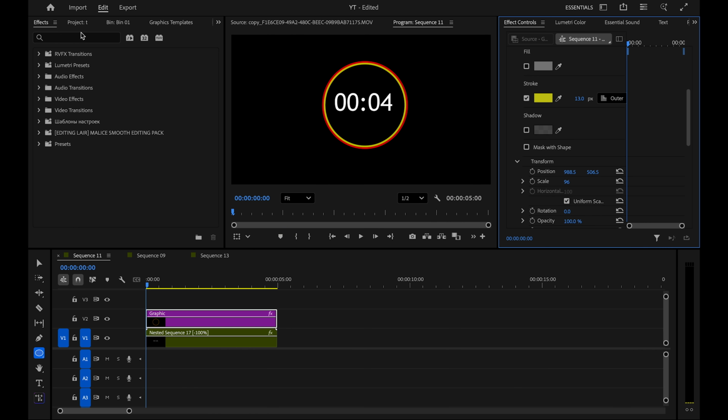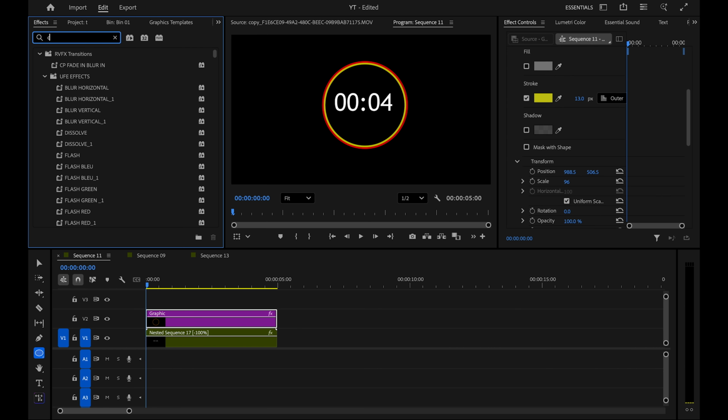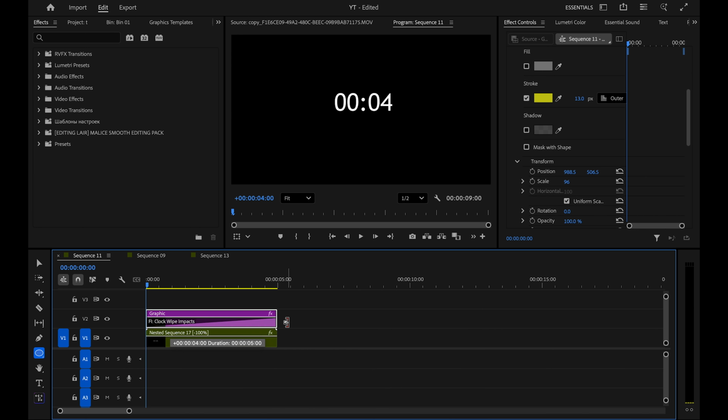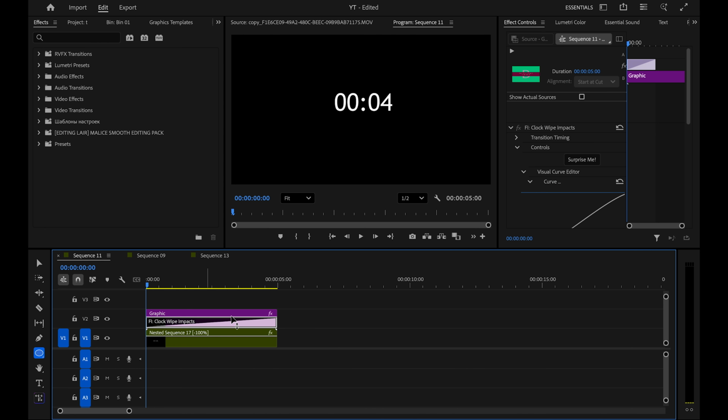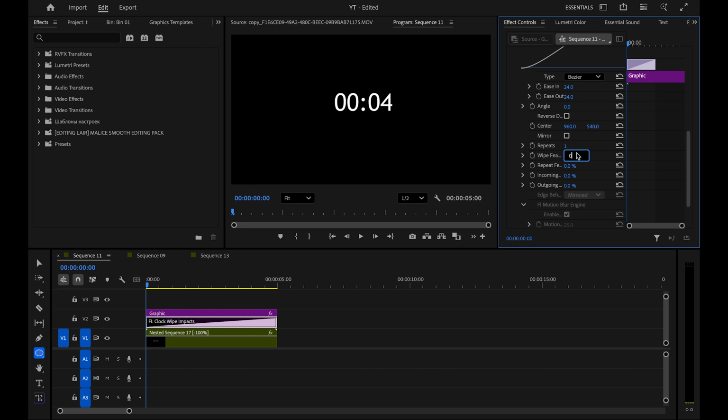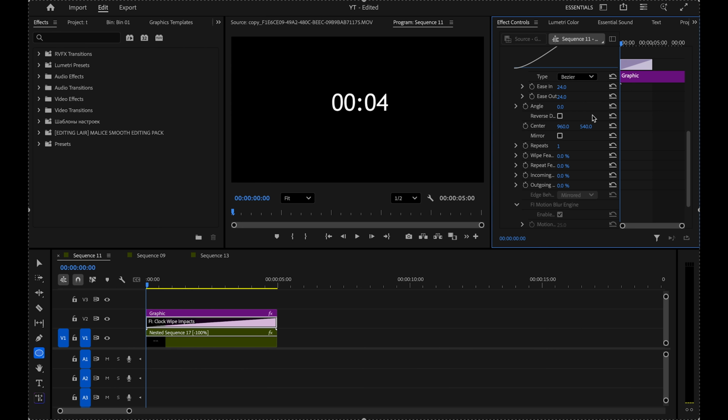Now we will animate the circle. Go to Effects, search for Clock Wipe, drag it onto the graphic layer. Increase the effect range fully. In Effect Controls, set Feather to 0, enable Reverse,